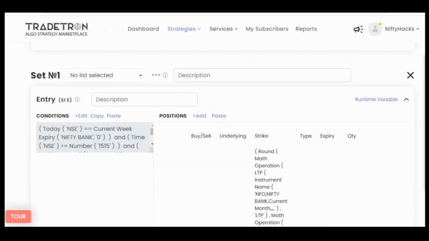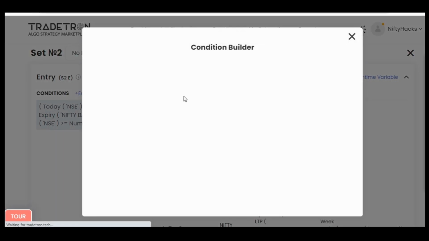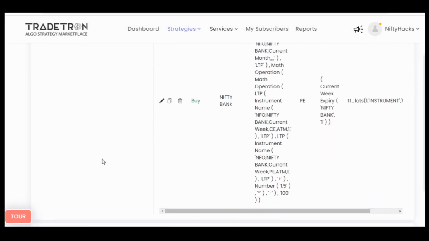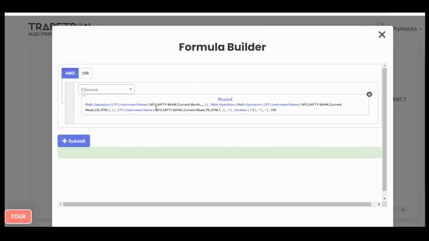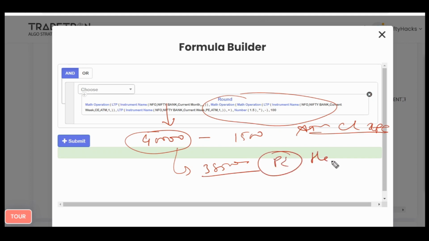That any put side buying has not happened. So let's check that also simultaneously. So inside the entry condition also all the things are same, but the put has not yet entered. So we are entering in that put hedge, where this will be the same price of future, and then for the put side you need to minus 1500 from this future price. So for your put hedge buying, if this is the price of future and this is the result of all this math operation according to ATM call and put price, then you will enter in 38,500 put strike as hedge,